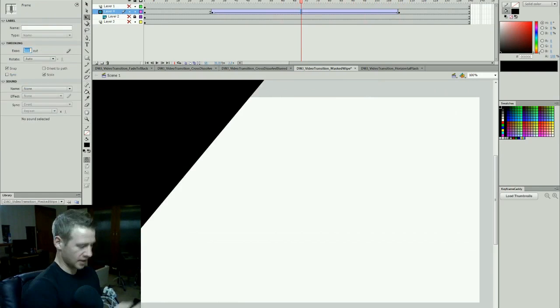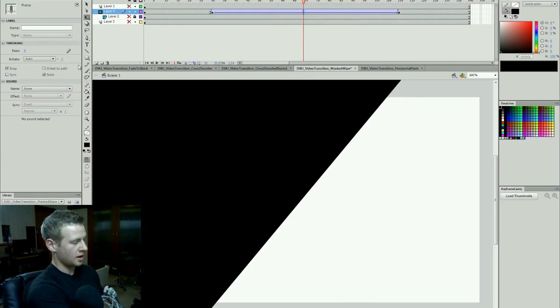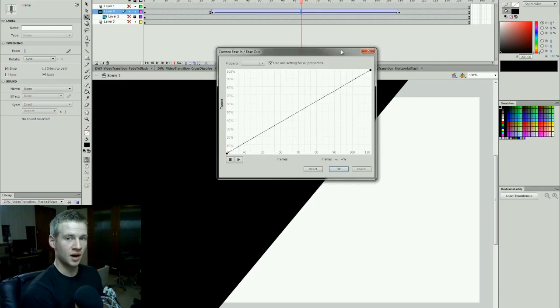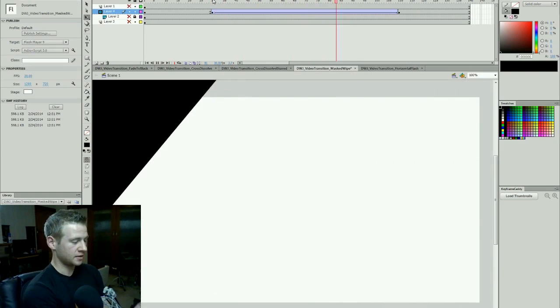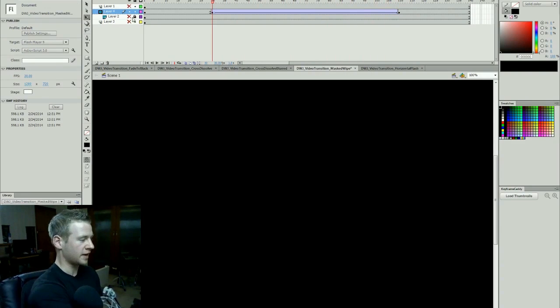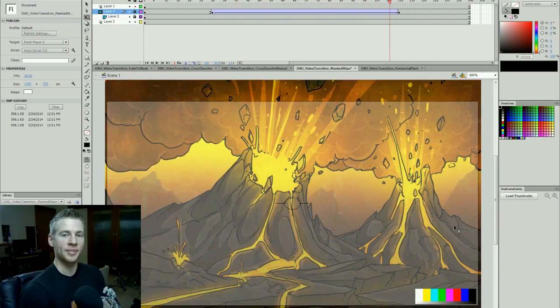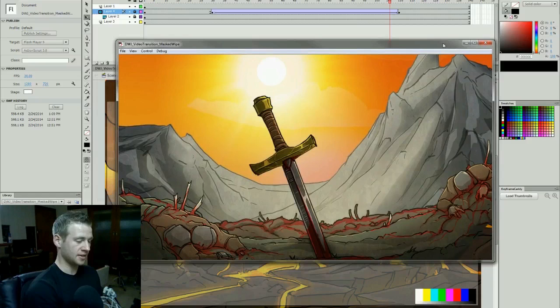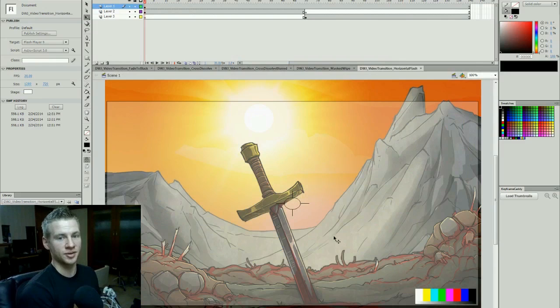Okay, so it's quite useful, and I tend to use, in situations like this, a custom ease, where in selecting the frame and hitting the pencil, I can, to whatever degree I'd like, really tweak and alter how the ease works. So I'm going to start off with a really strong ease in and a really strong ease out, and that means that we have this soft sort of wipe effect. Then I'm just going to lock all the layers, and I'm quite happy with how that transition works. I'm going to just test it so you can see it in context, and it's quite clear how that plays out. The last one I want to do, I'm going to call the horizontal flash, and this one